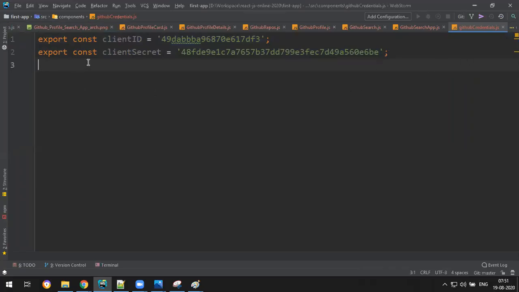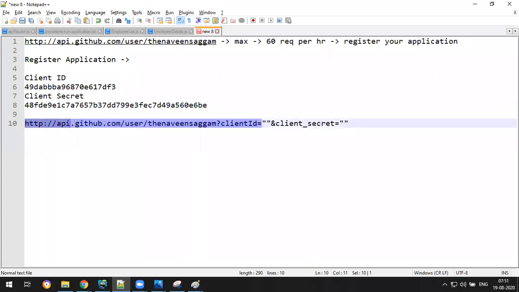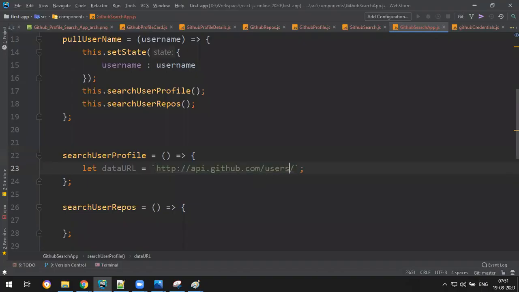Okay, so client ID and secret are here. We have to fetch them. So back to where is that? Yeah, app. Okay, data URL. I use backtick. So first of all, up to here, copy, not users... users, no. Okay, users slash dynamic username. What is username? You can say this.state.username. And then a question mark,